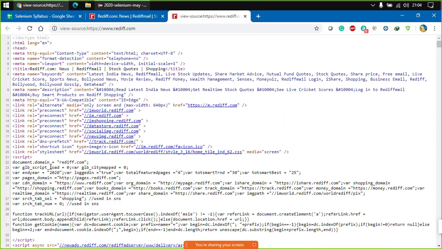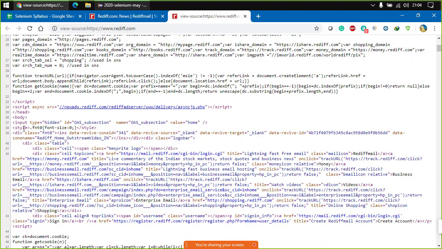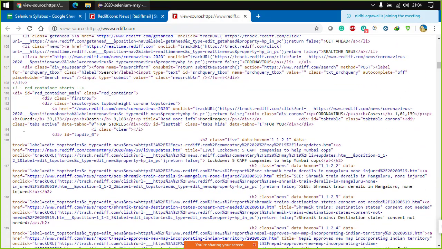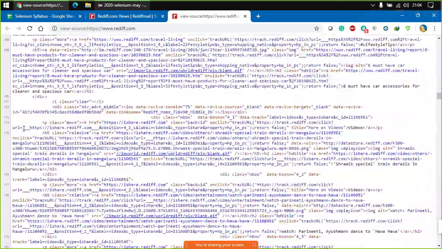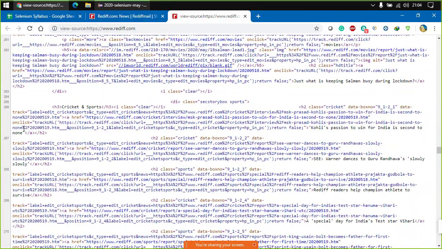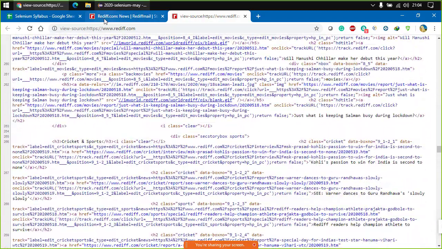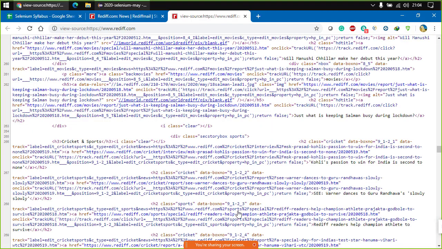Now over here, as you guys can see, in this section there are a lot of things. Now the question is, what has Selenium to do with this? What does Selenium do with this particular code? So Selenium does not work here actually. Selenium works here.